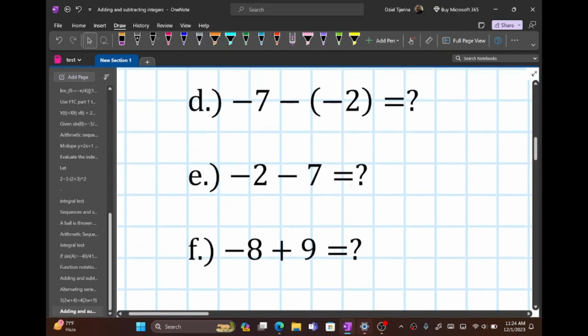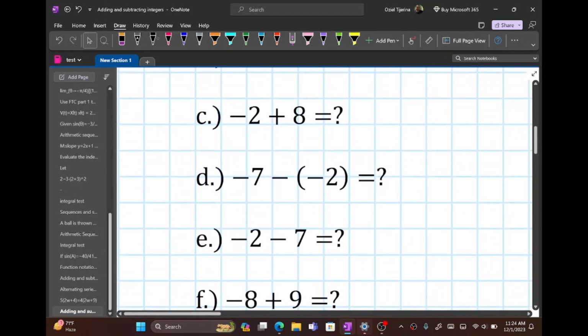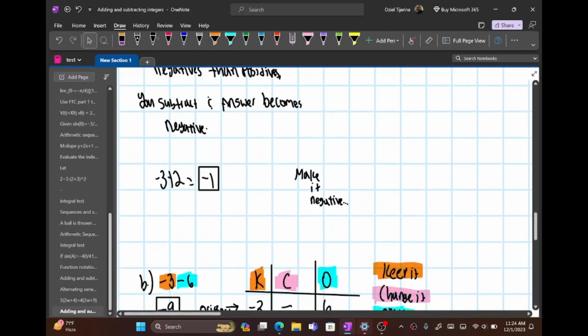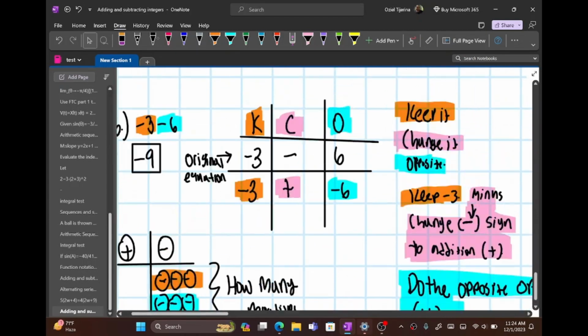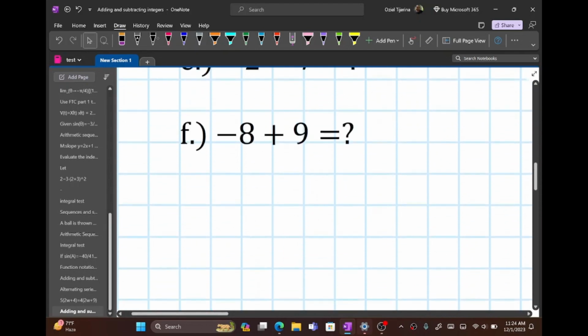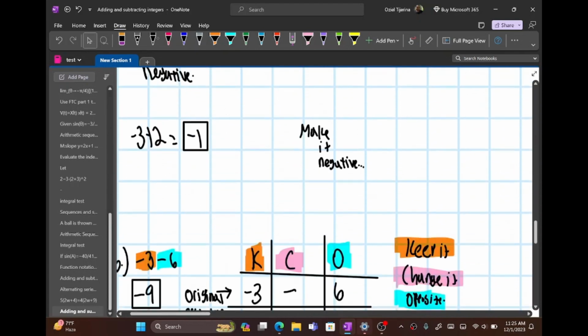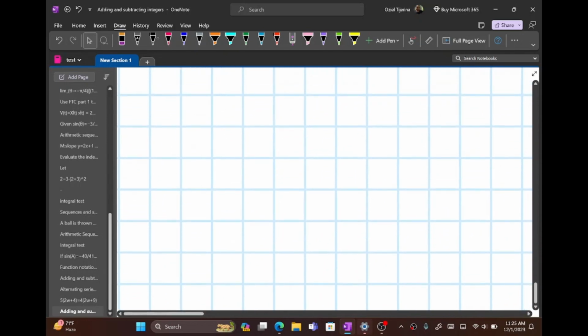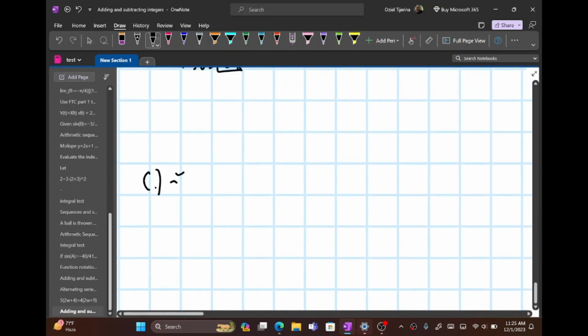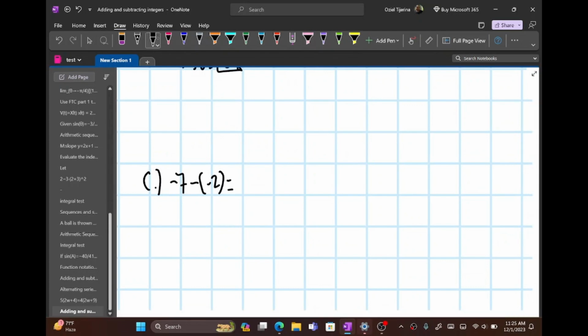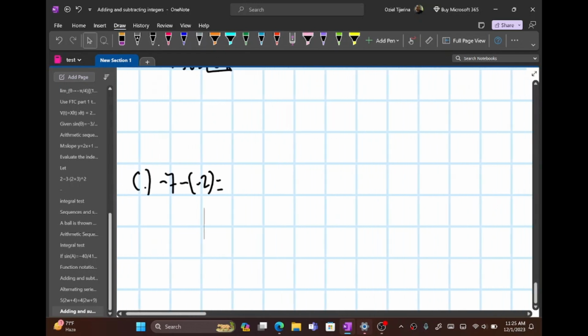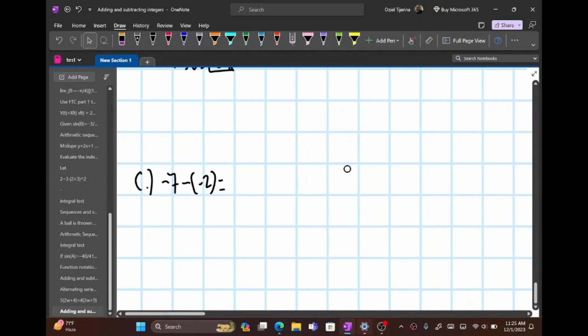So I'm going to do part D now. Part D is a little harder. D says negative 7 minus negative 2, I think. If y'all hear an airplane in the background, I do apologize. So here, again, you want to look at your negatives and your positives, right? Obviously, there are no positives here, but we need to do KCO because remember, since we have a negative here,